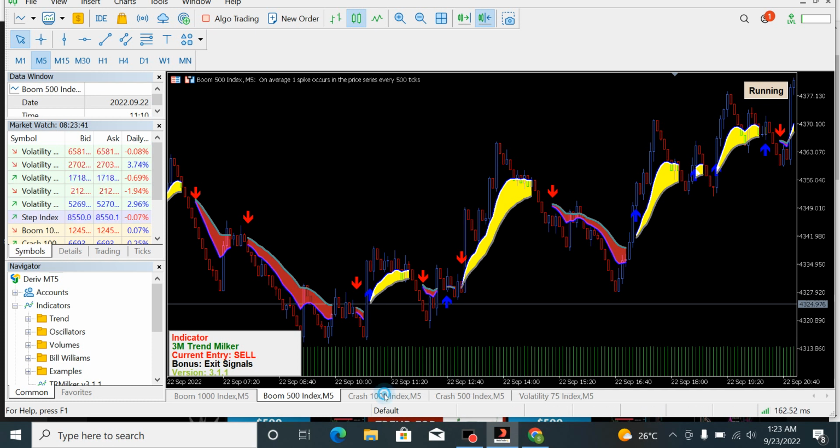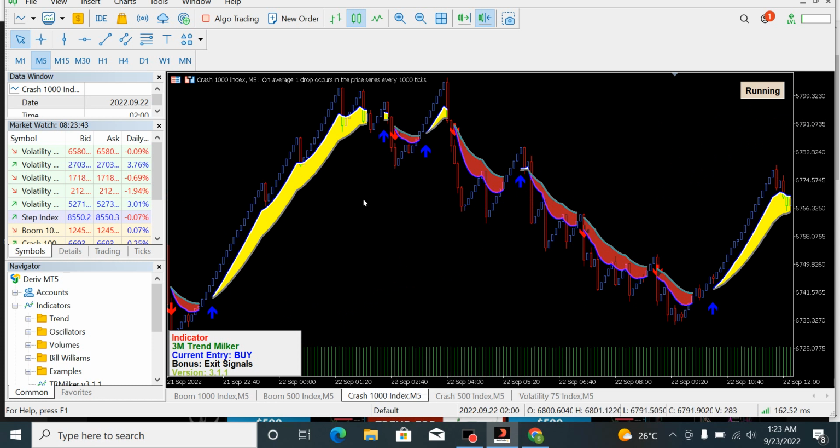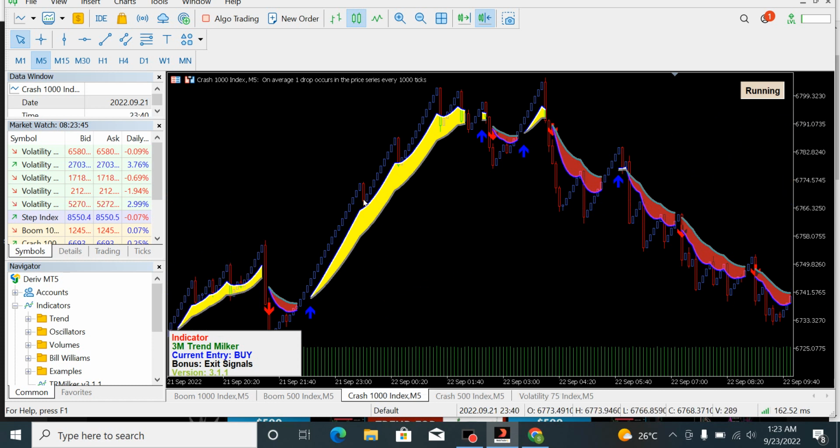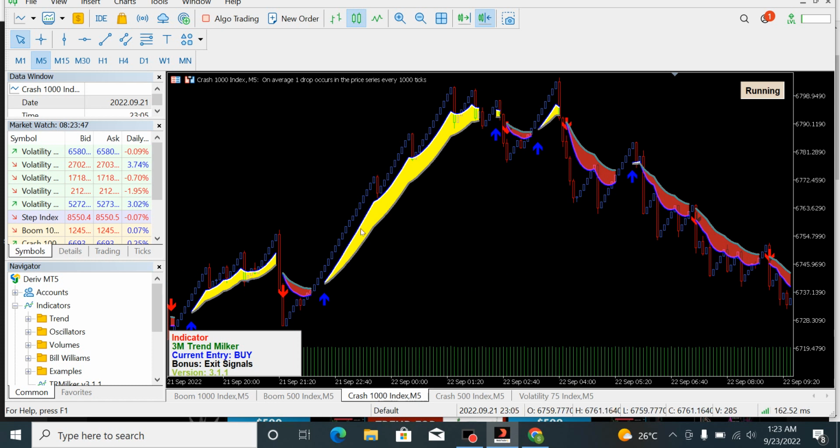The same thing is applicable to crash. When the market is on an uptrend, I won't advise you to trade spikes at that point, because most resistance zones will be broken at that particular point. The market is not in support of spike trading for crash at that point. You can see these are bullish candles going for a very long time before having small spikes happening in between.